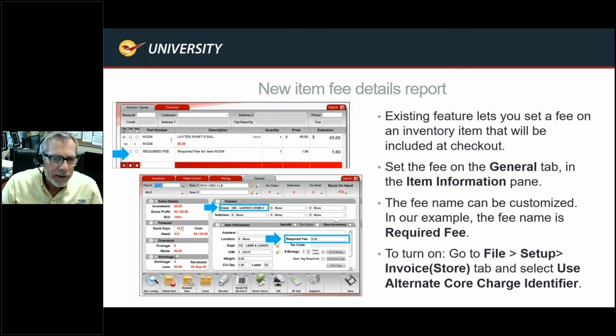Secondly, we have a report that you'll be able to see here on the next slide. I'll go through that momentarily. But to activate this, you can just go to File Setup Invoice tab and you say Use Alternate Core Charge Identifier, and that's where you change the name, and then it just changes right on the screen.